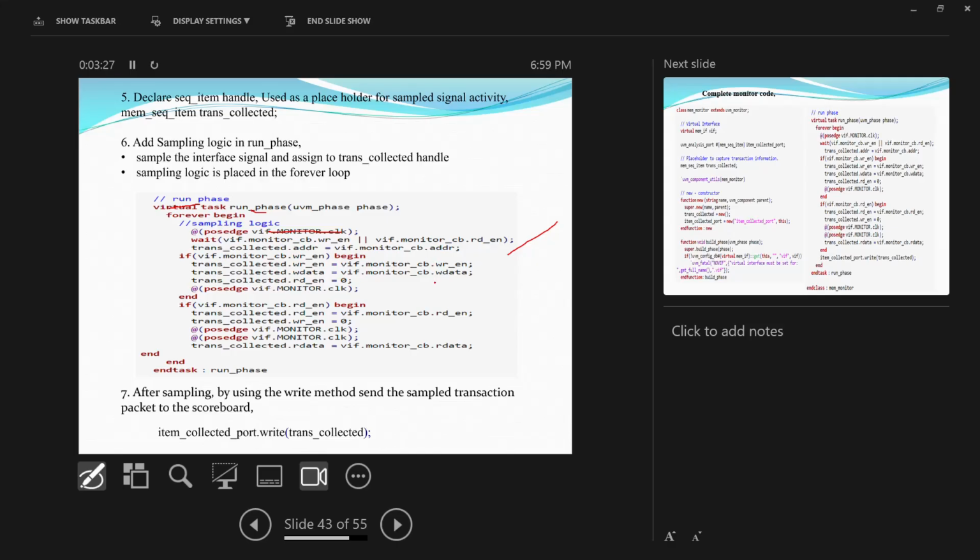Similarly, write enable and write data. Waiting for write enable, begin, and then write enable. After that we assign write data. Then transaction_collected.read_enable equals 0, because while doing a write, read enable should be 0. Then end task. Here, forever begin, we are ending this begin. Similarly,